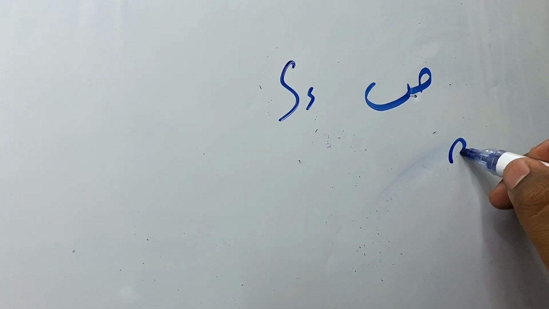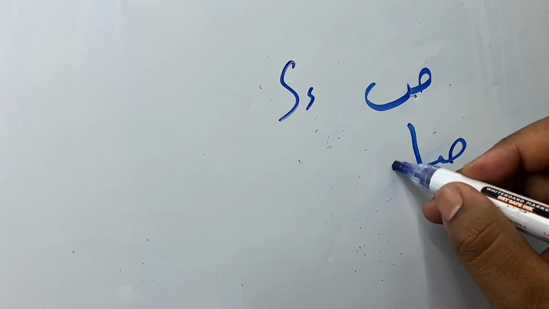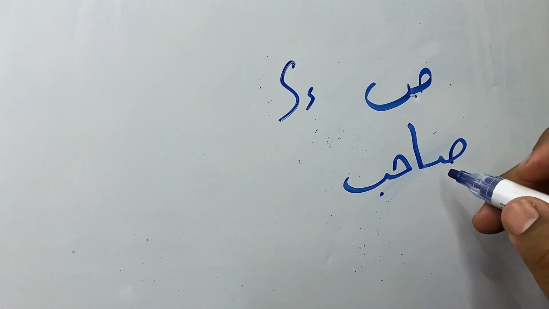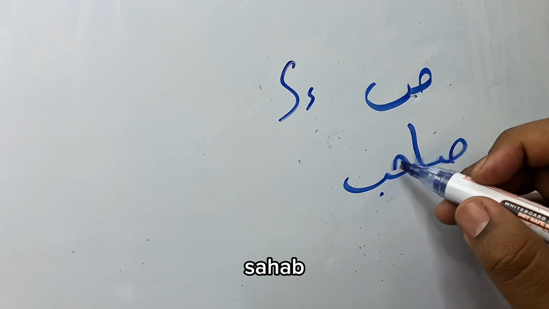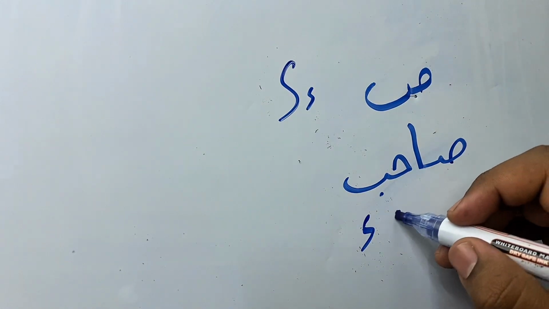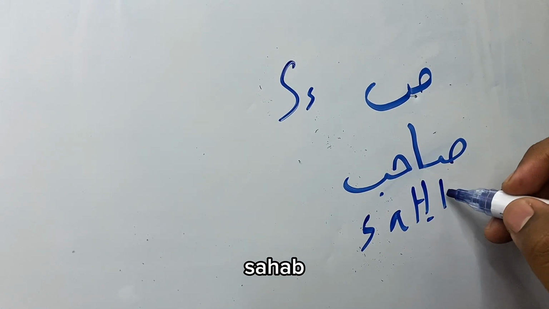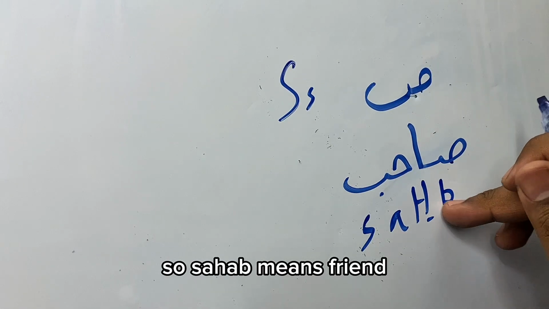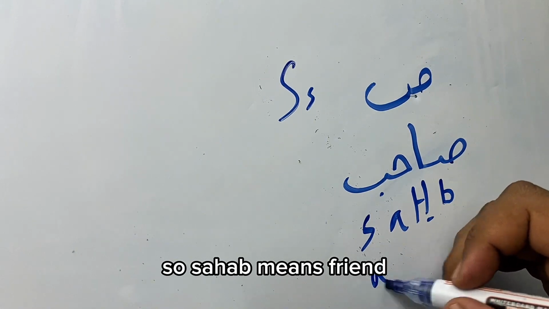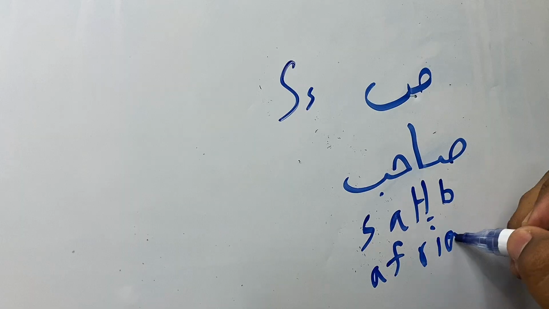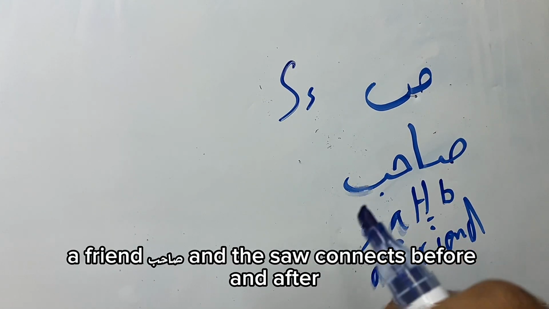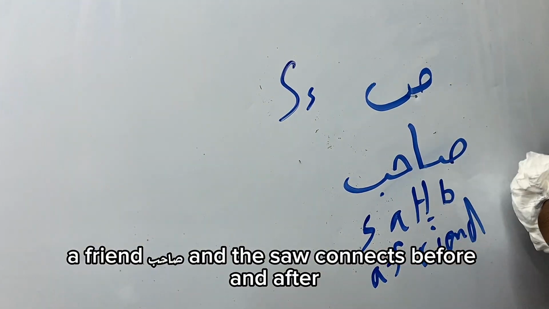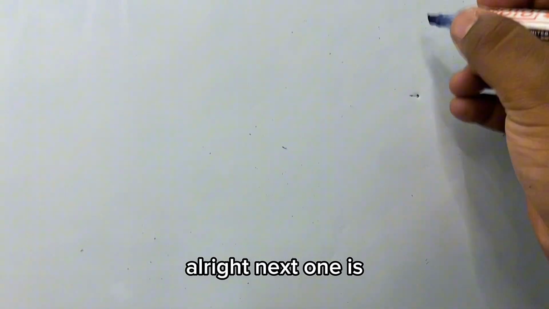I can say, now we have saw, hib, saw, hib. So sahib means a friend, sahib. And the saw connects before and after. All right, next one is,